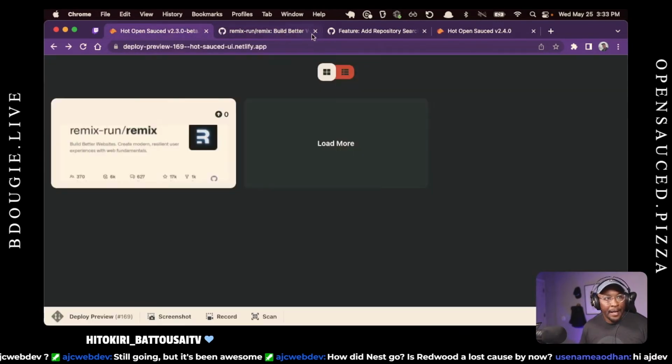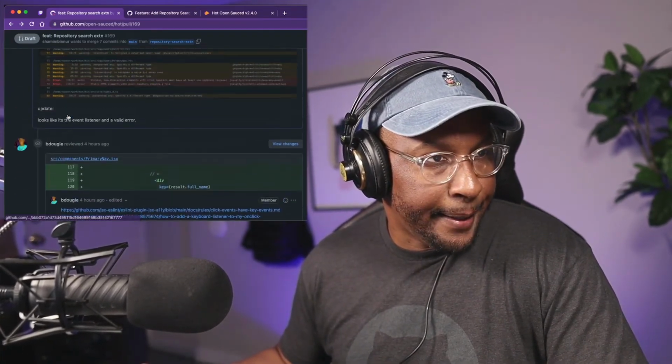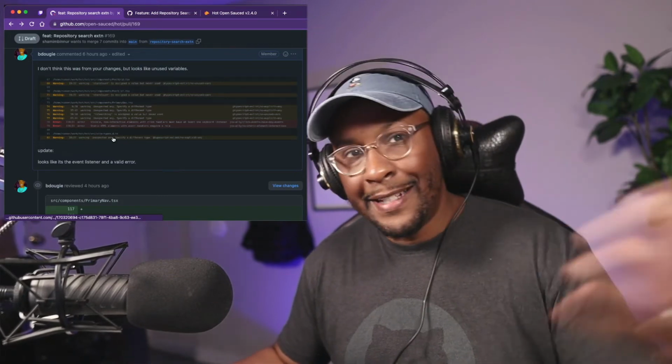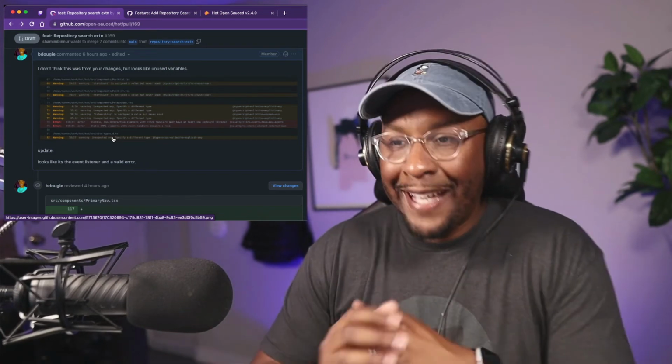We go to GitHub. So the cool thing is that this works. There's this one small little bug that will hopefully get addressed the next day or so. It looks like there's some sort of error based on his event handler and how he's doing the key press. I forgot what a key press is, but what I'm getting at is I am so happy that search is going to work